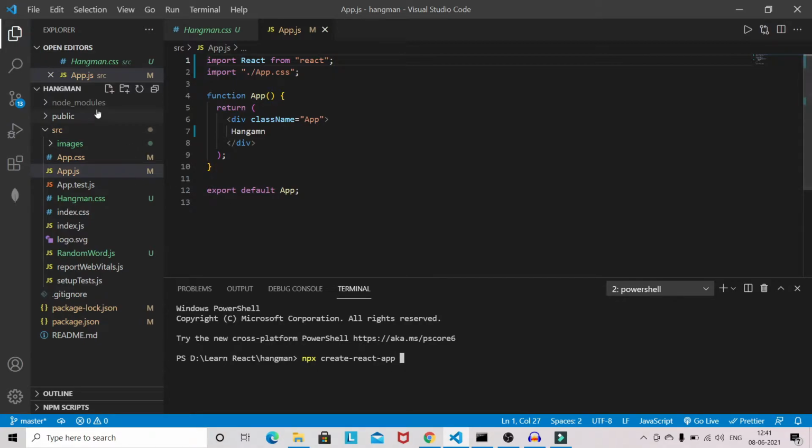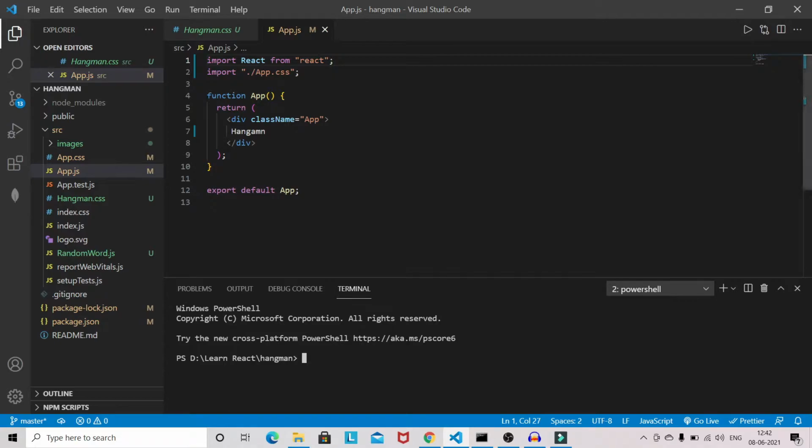I have given the project name Hangman, so you can give that name. Once the installation is done, with all dependencies, you have to go to the folder name which you gave at the time of project creation, and then do npm start. I hope you know this basic setup, how to create a project using create-react-app.